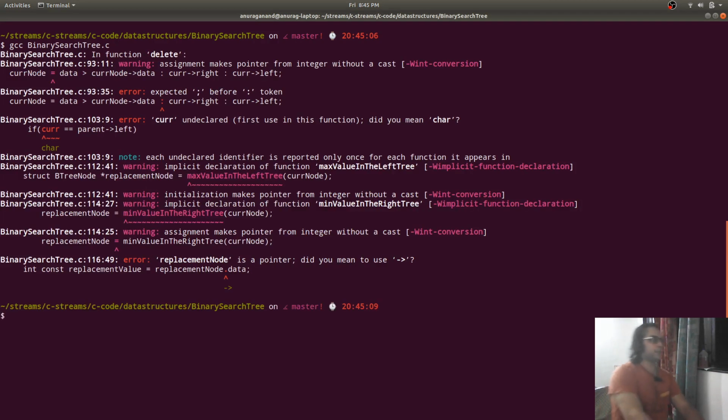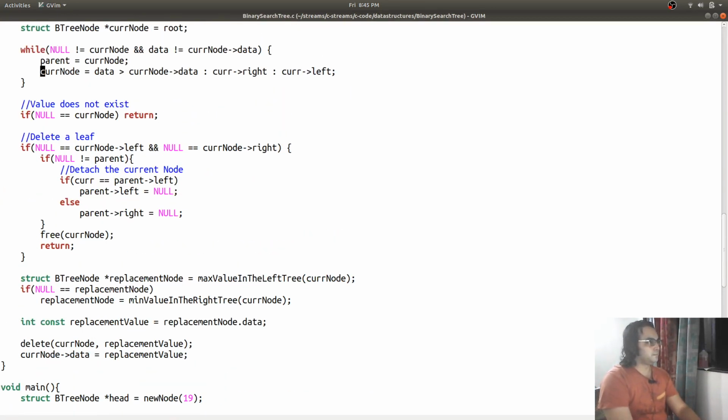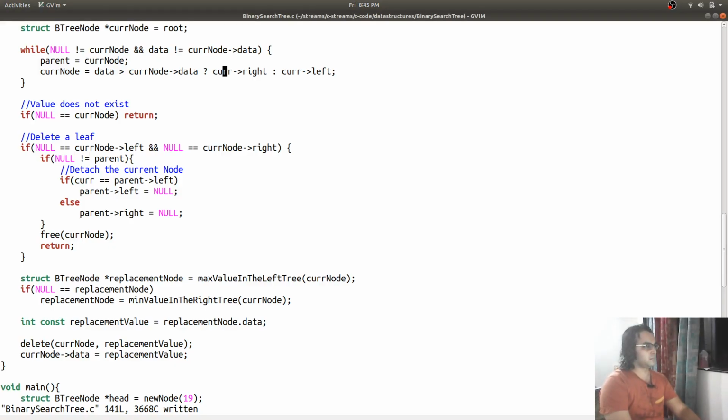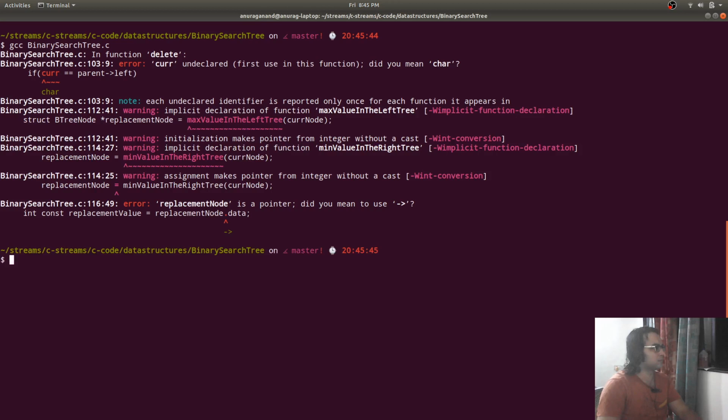Assignment makes pointer from integer without a cast. In function delete, current undeclared, first used in the function.